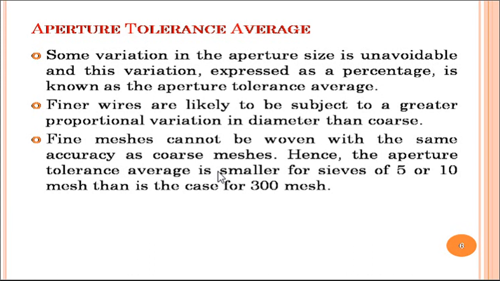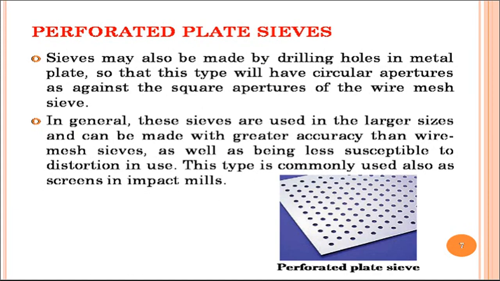So they have been given a specific deviation, and obviously this deviation might differ from a small number of sieve mesh to a large number of sieve mesh. Again I am repeating, if I denote 10 mesh, it means the greatest hole size lies inside your sieve. If I denote 300 mesh, it indicates 300 holes in a 1 inch area, that means you are going in particle size separation from coarse to the finer side. This is the aperture tolerance.